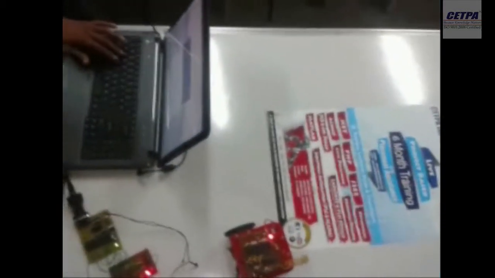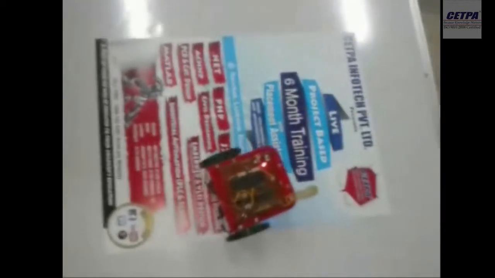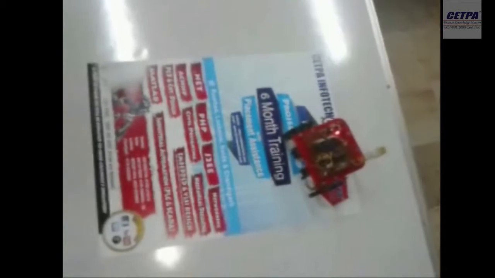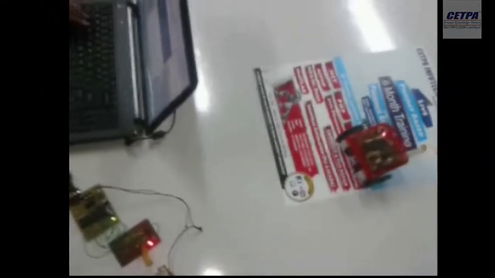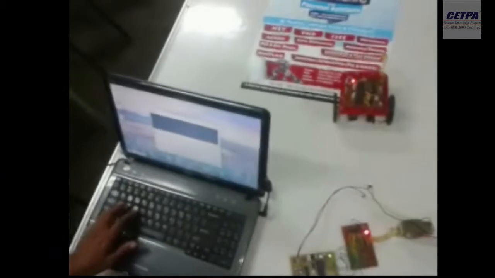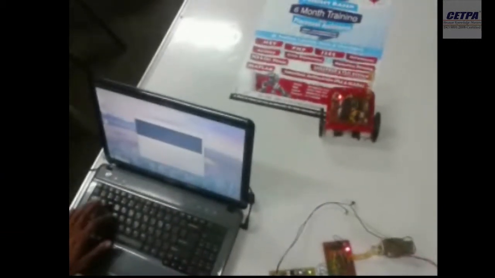If I press W on this laptop, the bot will go forward. The bot is going forward. If I press space, it will stop. If I press S on my laptop, it will go backward. Space, stop. To turn, I have to use the A or D keys. For A, it will go left, and for D, it will go right.